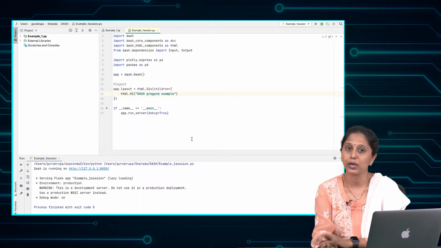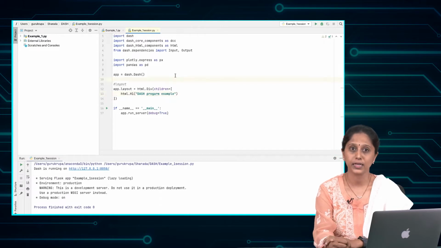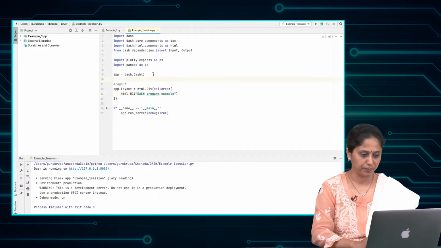Now that we have our first app with just the title, let's look at how to add a graph to our application using Dash Core components. We will create a graph with our example dataset. Say, let us create a simple line graph on how the average prices change over time for both of the avocado types. First, let us read the dataset into the data frame.